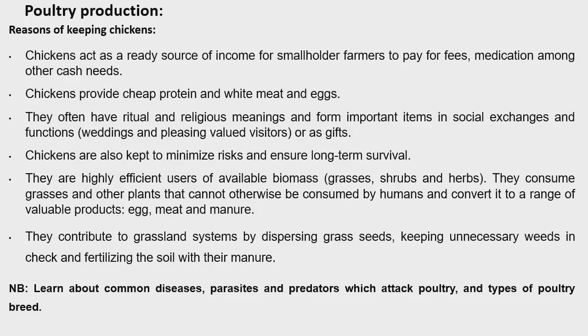Chickens are also kept to minimize risk and ensure long-term survival. They are highly efficient users of available biomass, for example grasses, shrubs, and herbs, more especially the indigenous chickens that can adapt to any harsh conditions. So they consume grasses and other plants that cannot otherwise be consumed by humans, and convert them into a range of valuable products, for example eggs, meat, and chicken manure. These can be used for sales and to generate income for the farmer. They contribute to the grassroots system by dispersing grass seeds, keeping unnecessary weeds in check, and fertilizing the soil